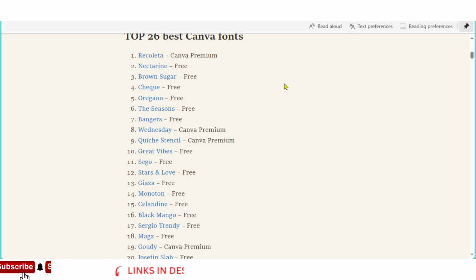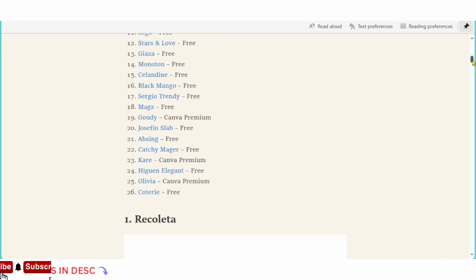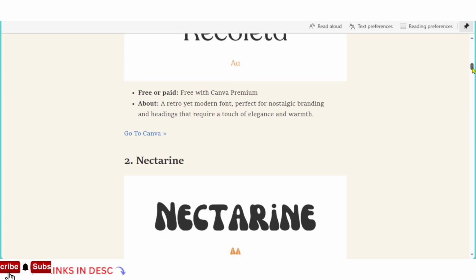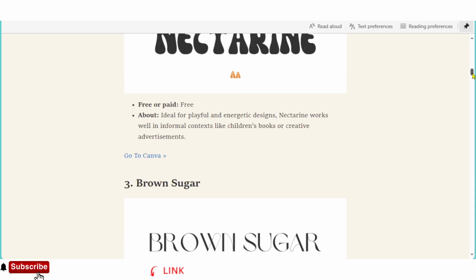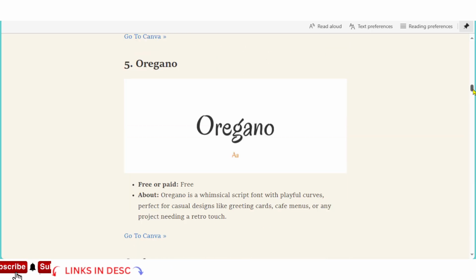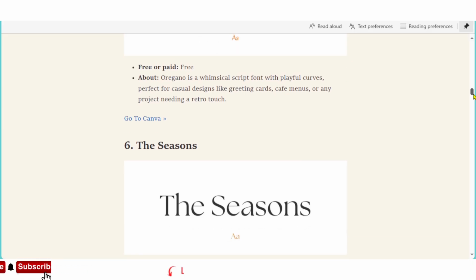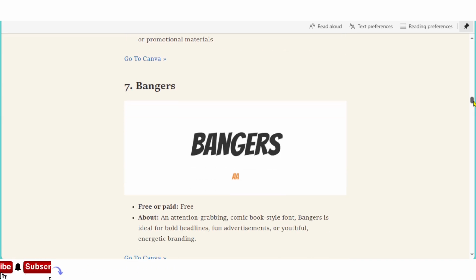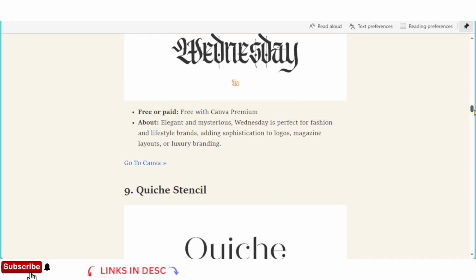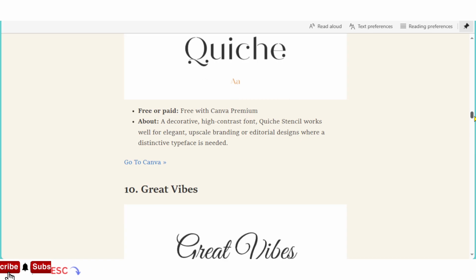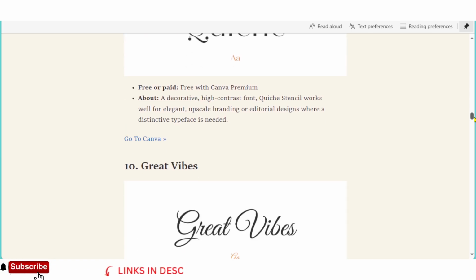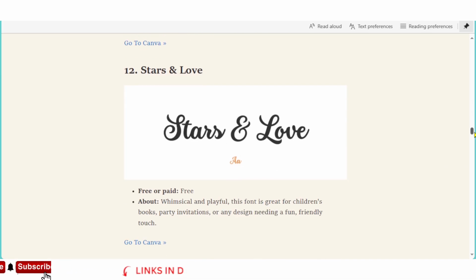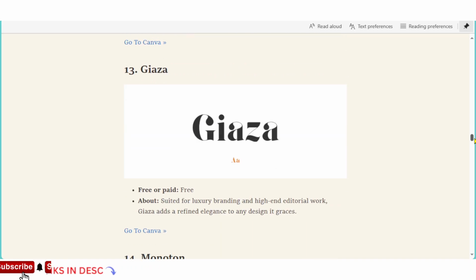Now I'll show you the free fonts only. I'll tell the name and show you the fonts. So from the second onwards, these are free. Nectarine, Brown Sugar, Check, Oregano, The Seasons, and you can also pause the screen if you want to see how it looks. And then Bangers, Stencil comes with Canva Pro. Then Great Vibes, Sego, Stars and Love, Gyaza,